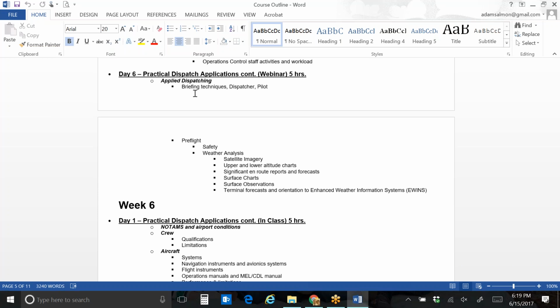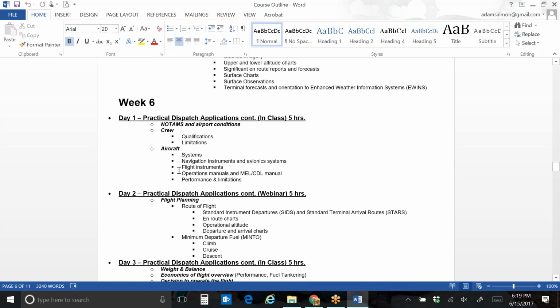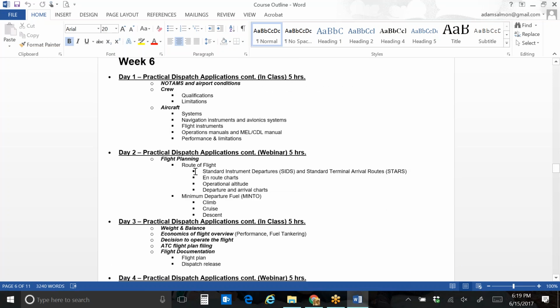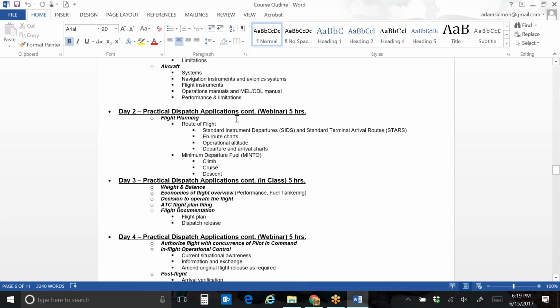But we're just going to start looking at stuff individually and talking about how we use each one of those in preparation for doing a dispatch release. We've talked about everything as a general idea and what it is specifically, but not necessarily at what point in the process we use it in doing a dispatch release, and that's what we're going to be doing this week. So the aircraft system stuff, and you can see a lot of tomorrow's stuff, the route of the flight,